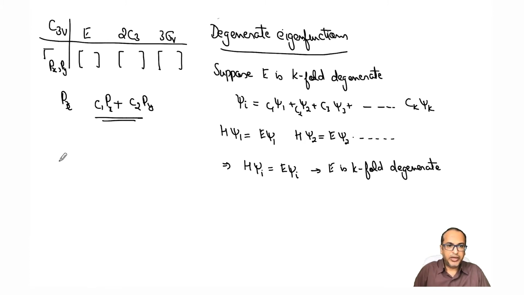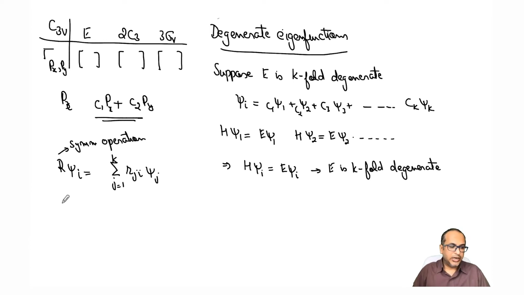Let us further look at this. Let's say we have R psi I. I can express this as a linear combination, written as the summation over j from 1 to k of r ji psi j. Because my E is k-fold degenerate, I can express my psi I into k linear combinations of different eigenfunctions. And R is any particular symmetry operation.